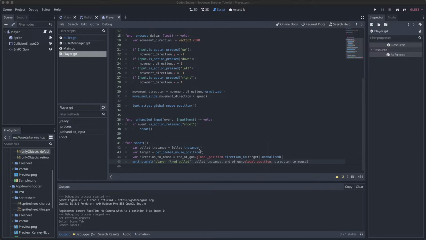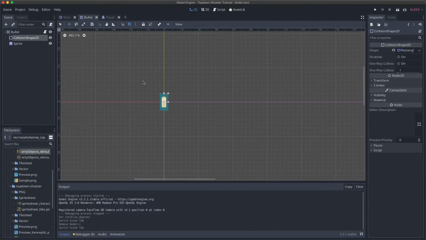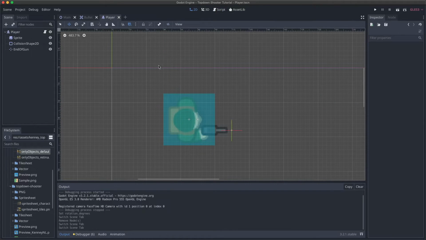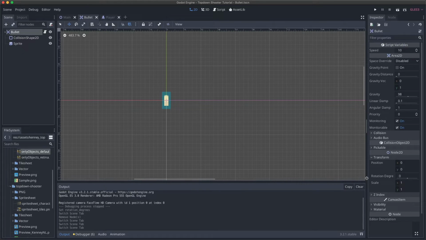So now that we have the firing working correctly, I want to make sure that we have our bullets rotated the right way, just so it looks better. If you go to our bullet, you'll notice that it's actually rotated a different way than our player. Our player is rotated facing right by default, which, like we talked about before, is kind of the default, 0 degrees is kind of facing to the right. So we want our bullet to be similarly angled. We can select our bullet, come over here to its rotation degrees and set that to be 90